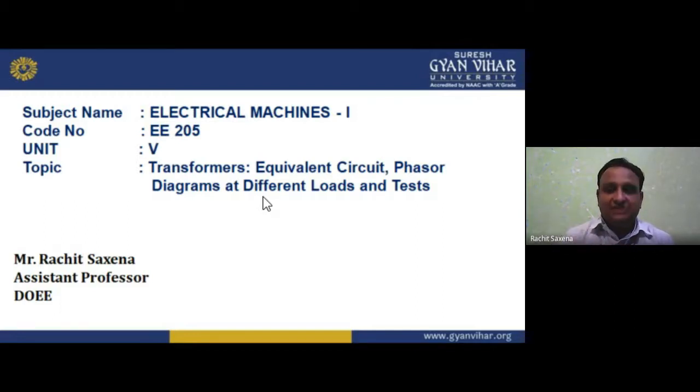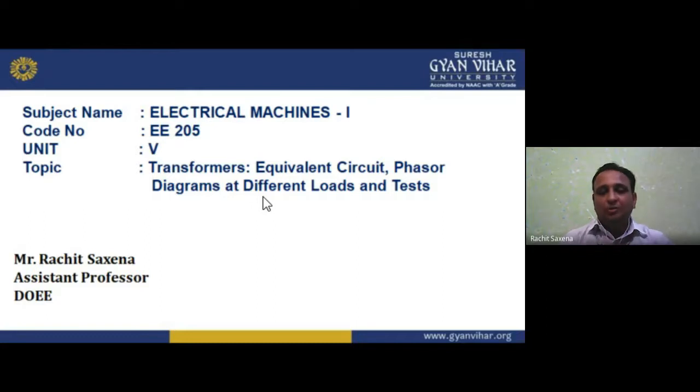Then we have testing. If I'm talking about testing, we have the brake test, the Hopkinson test, and Swinburne's test. These are all the tests. And why are we doing the testing? To calculate the efficiency. In efficiency, the losses play an important role. I told you about the copper loss and core loss, and the third loss is the mechanical loss, due to bearing friction and windage, the air gap between the stator field and the armature.